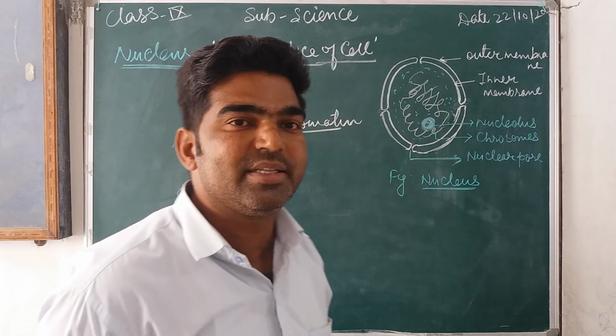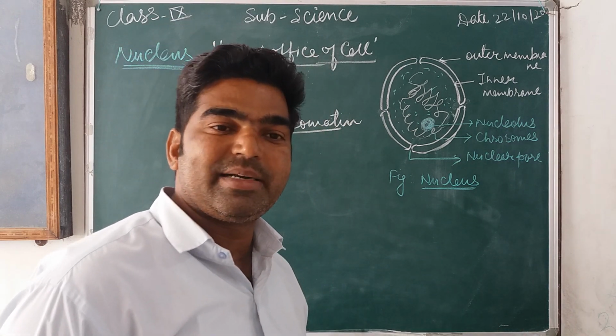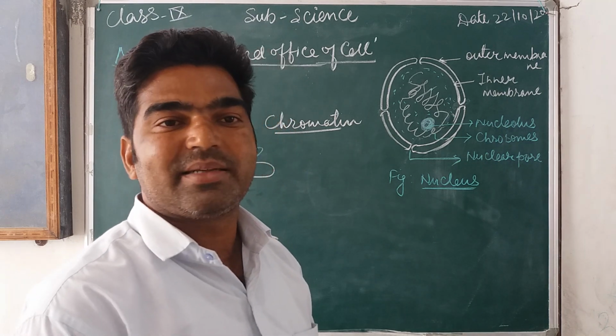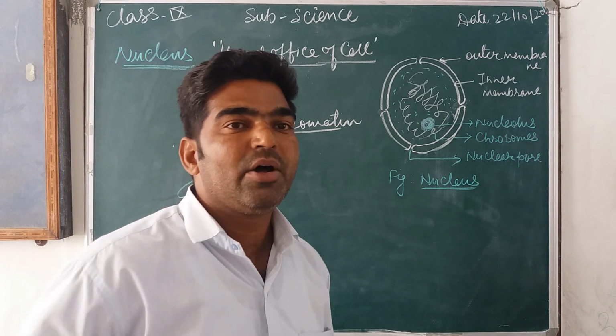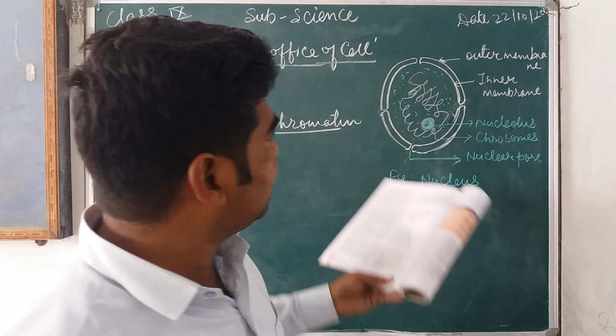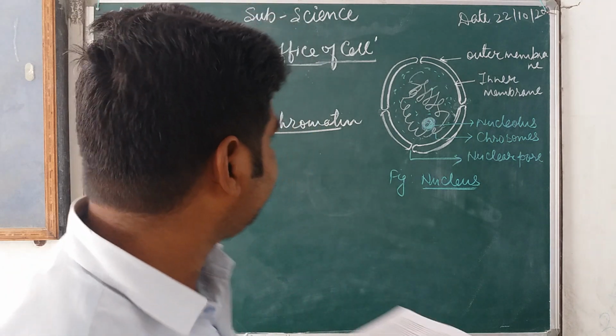And you know that the chromosomes are what? The inheritance for characters. Means they can pass the characters from parents to their offspring, or to the next generation. And these chromosomes are present in the form of RNA and DNA.